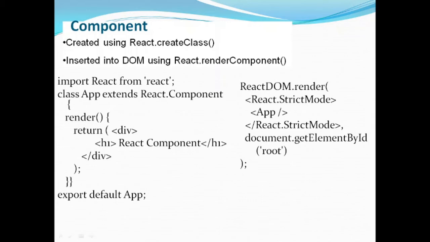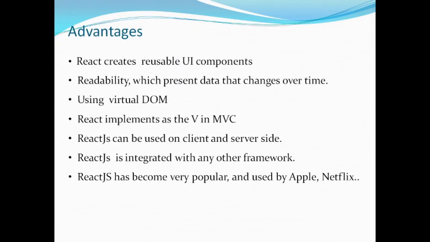So we create a class which extends the library's Component, and every component should have a render method. The render method is going to render the content which is designed in that particular component. Finally, this component's content is rendered by using the ReactDOM.render method, with this component name, and we render it into our index.js file. That we will discuss in a hands-on session.